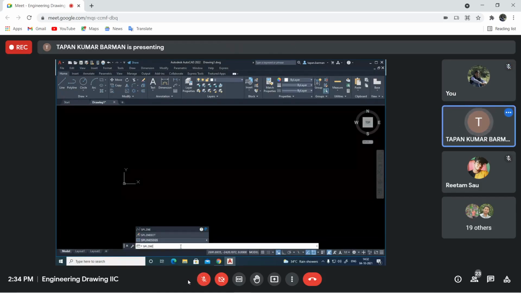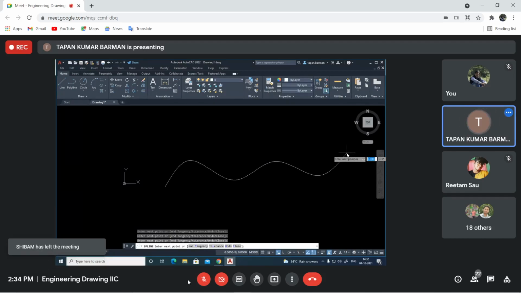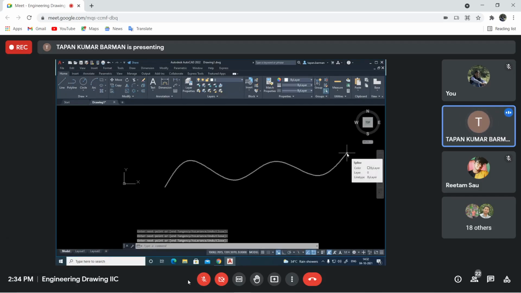So I want to make a smooth curve with multiple numbers of points. I can draw it. So command is spline. From the draw toolbar also you will find that. I am typing here spline. Specify first point. Say this is my first point. Second point is say here. Third point here. Fourth point here. Fifth point here. Sixth point here. And I want to end the curve here. So press enter. In AutoCAD 2007, it will ask for start tangent and end tangent. So you need to provide that information. Then only you can draw it.